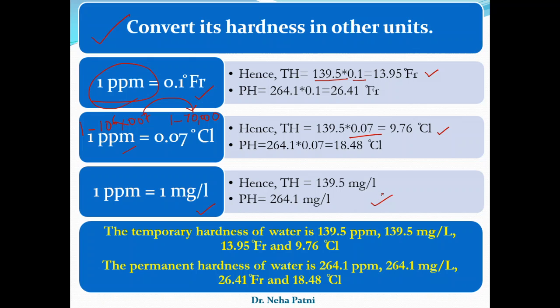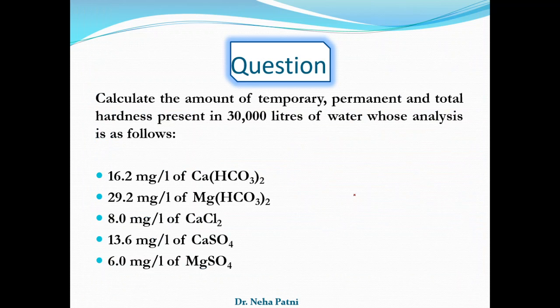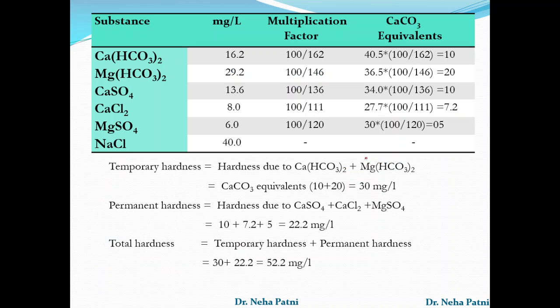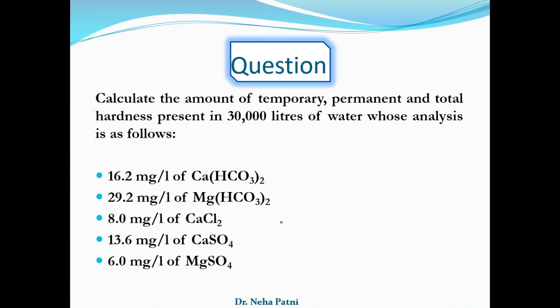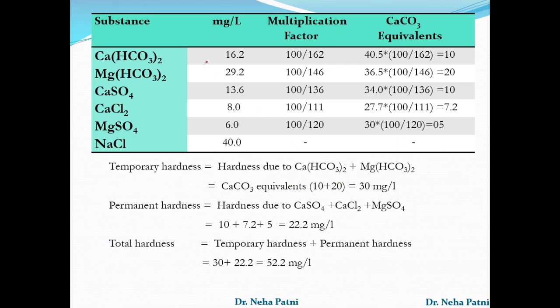So in the same question, if I increase the level of the question and I ask you to report the result in other units also, then you have to do it this way, simple conversions of unit. Now coming to the next question, this is the question, right? So you just have to solve it in this manner. The sample is written here. What you have to do is make a table, right? And then write their values and do the calculation.